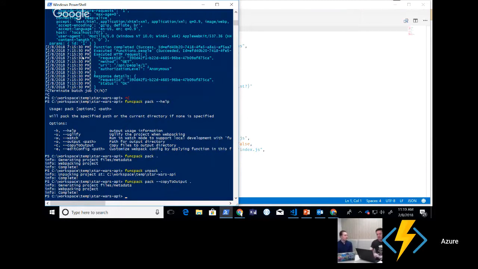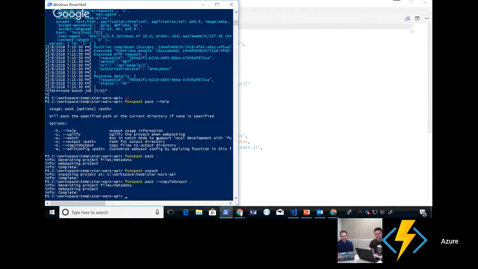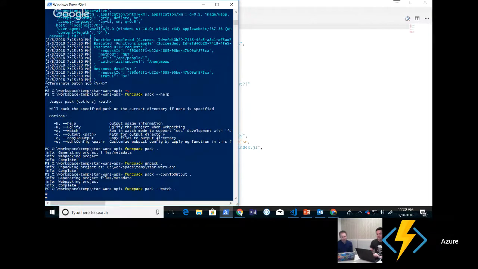So that's the output. The other thing that's really interesting is the problem with this is if you ever made changes when you're using funcpack, you had to unpack and then edit and then go back and try running your host again. Well, the nice thing is that we now have the, let's see, my remote desktop connection might have just decided to blip out on me, which is the danger of doing this via remote desktop, but it's back now. Funcpack, and then you can use --watch, and then this will actually watch for changes for me